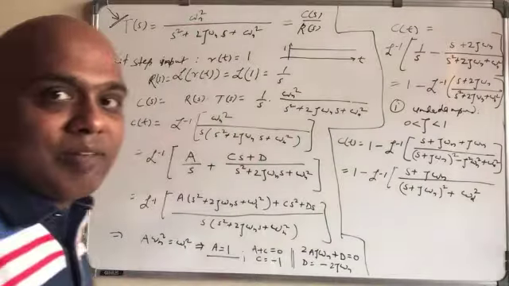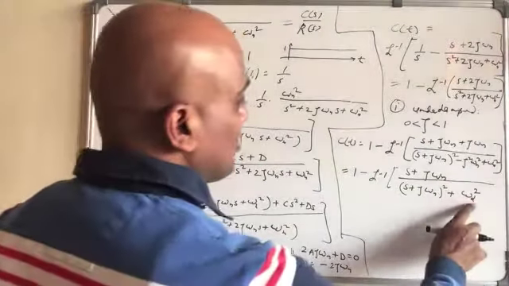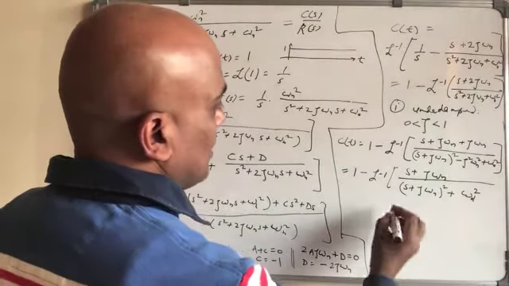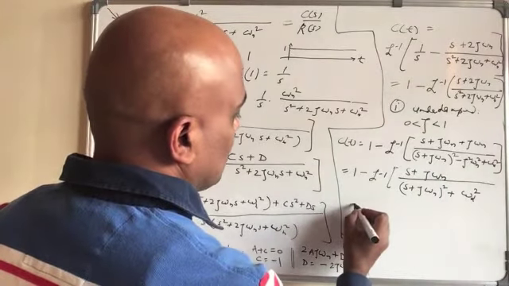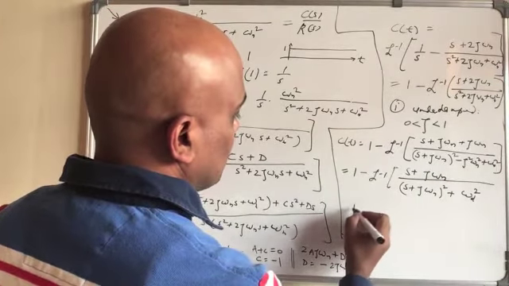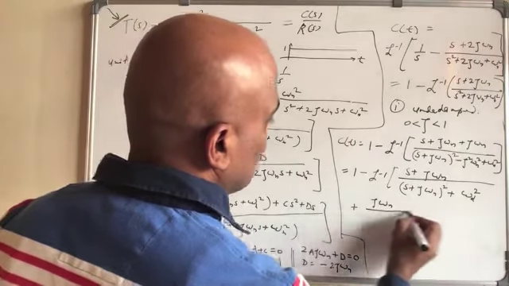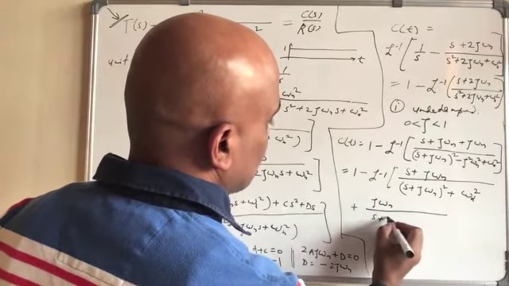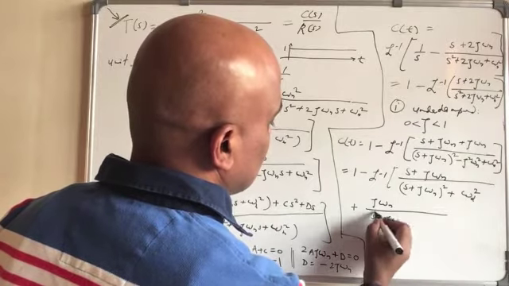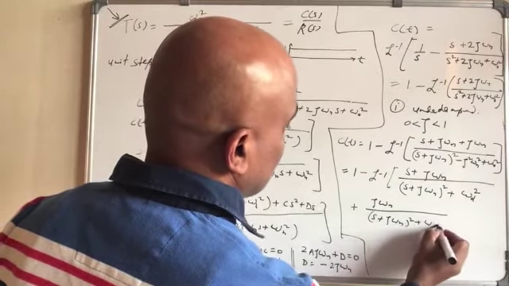Remember we had omega d earlier, so same omega d square, and plus zeta omega n divided by same thing, (S plus zeta omega n) square plus omega d square,